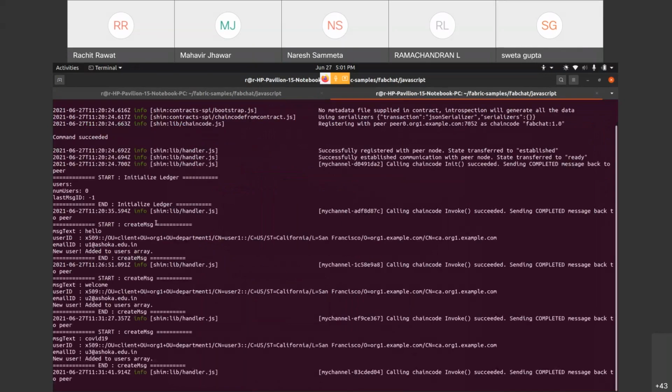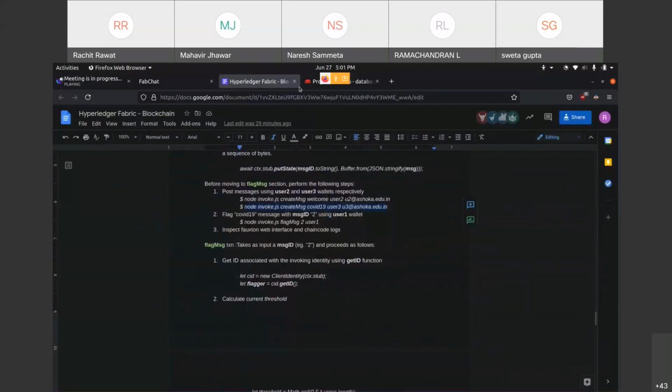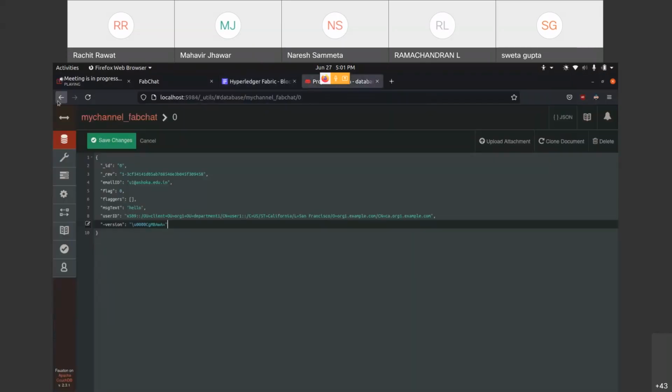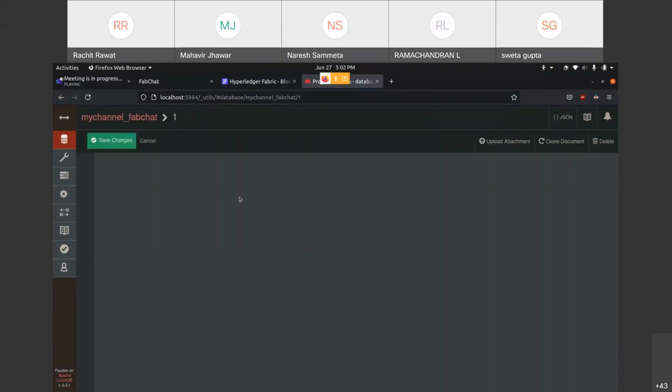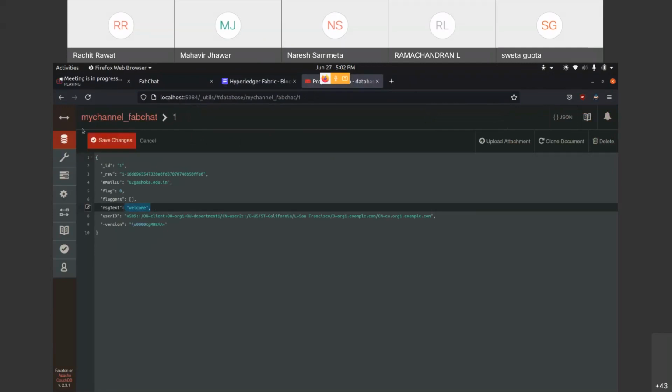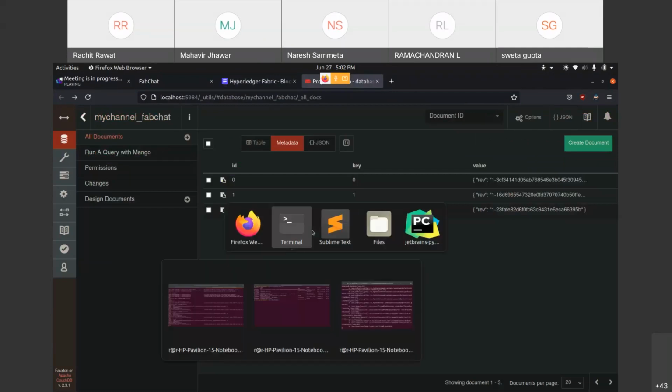Accordingly, in the chaincode log, you can see the 2 create message transaction logs. So your welcome is here and COVID is here. And similarly, if you inspect the web interface, you will have these messages posted. So now we have 3 users, and each of them has posted a different message.